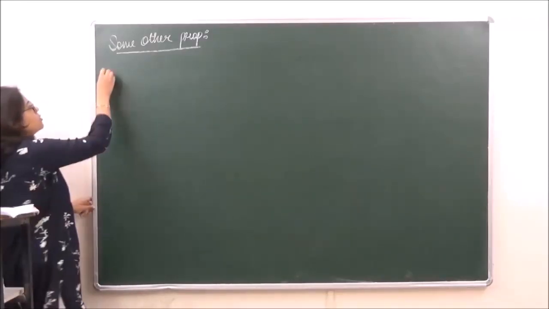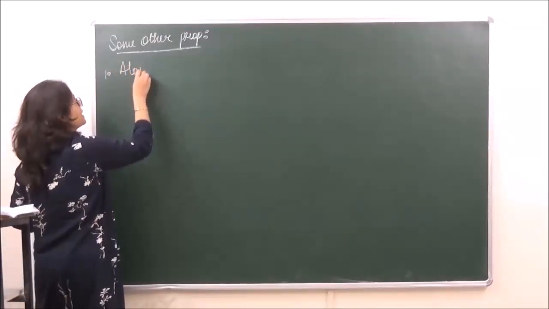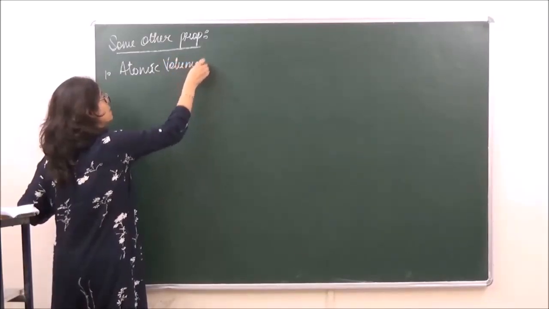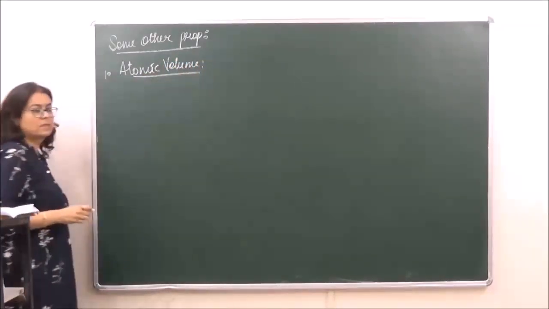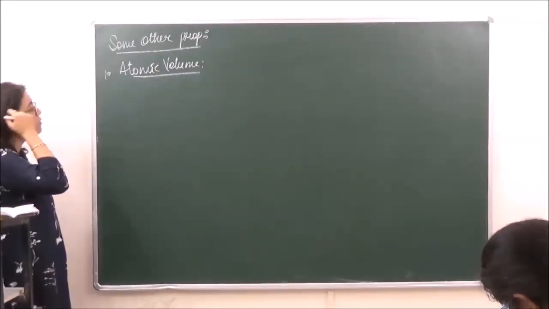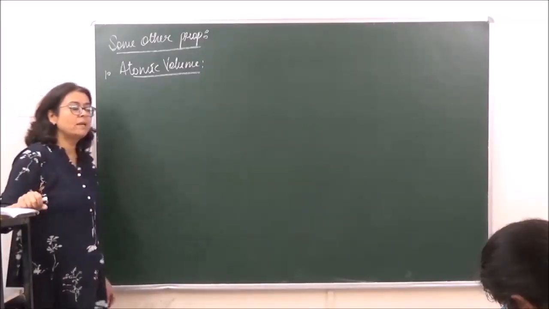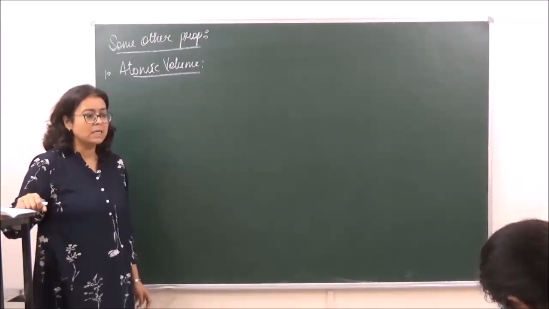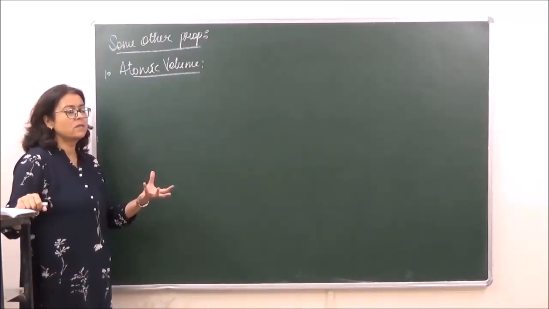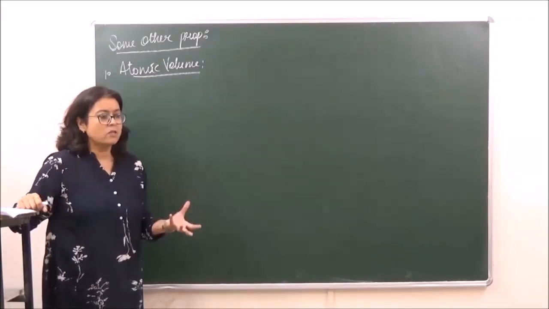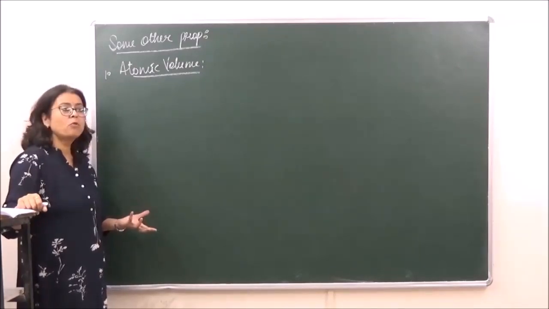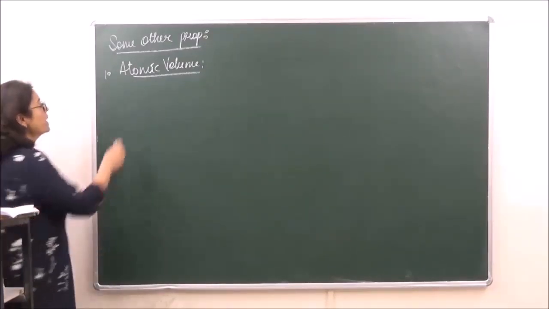The first one which we are going to discuss is atomic volume. ठीक है? अब atomic volume जो है, it is going to increase down the group. We know that volume depends upon the atomic radius or the atomic size. One atom is a sphere, so volume is equal to 4 by 3 pi r cube. Okay? So volume is directly proportional to the cube of the radius. As we keep on going down the group,